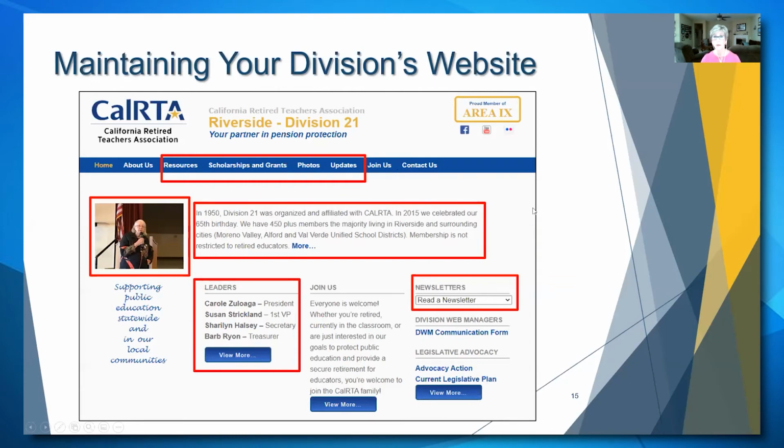So say you are that new person and you come to a website, not this one necessarily, and you think, oh my gosh, I want to see their newsletter. And you click on newsletters and there's nothing there. Well, I want to see if there are some photos of people I know, maybe colleagues that I used to work with, and you click on photos and there's nothing there. You click on scholarships and grants, nothing there. This is a reality with some of our